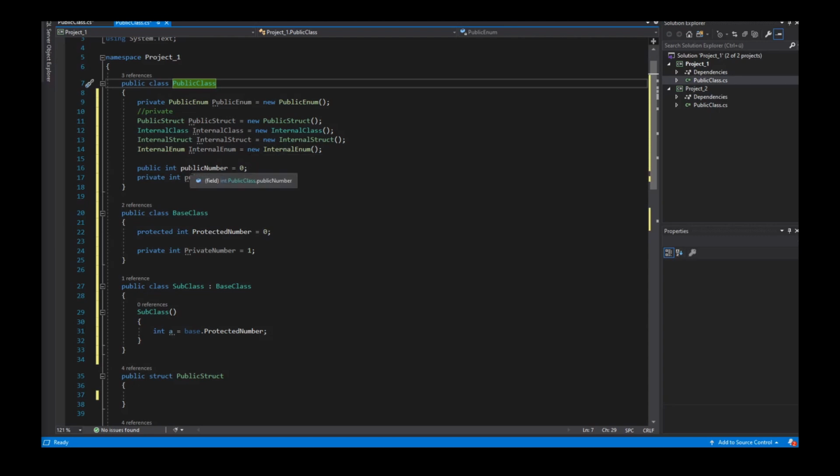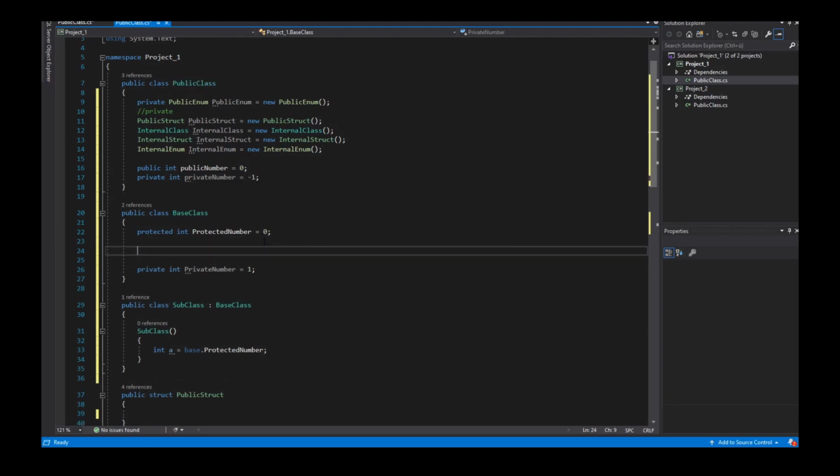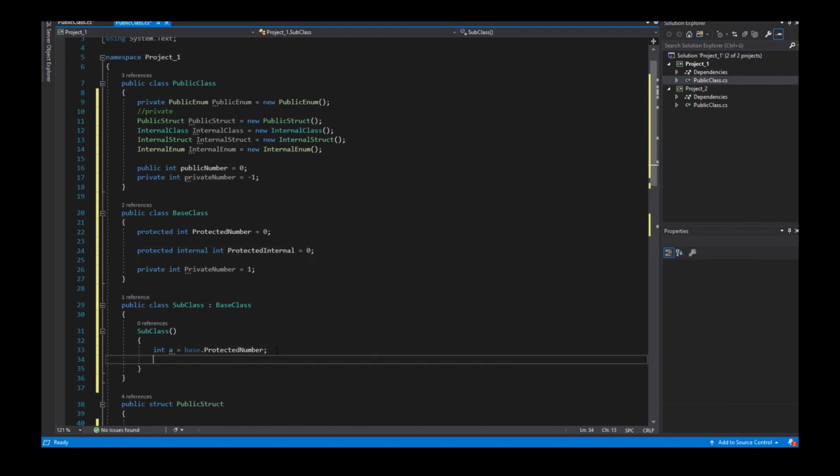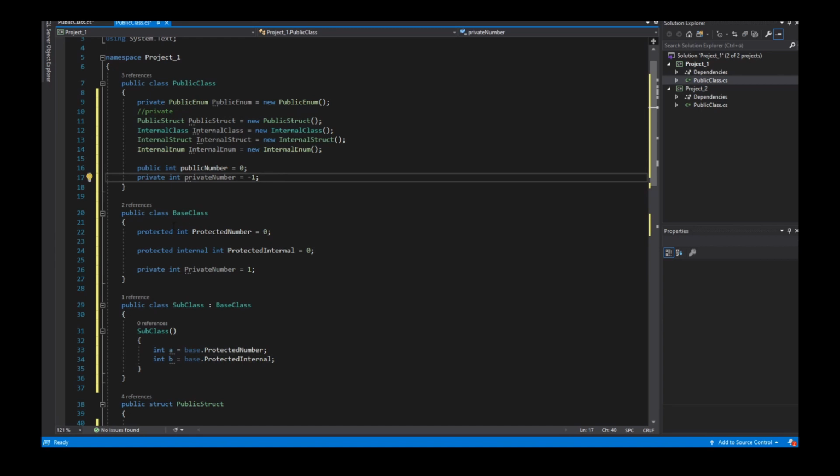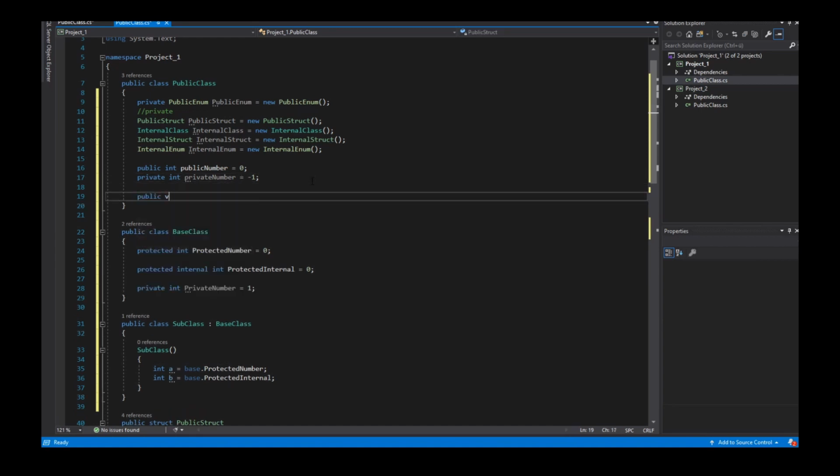The next access modifier is the protected internal modifier. This modifier is also available in the subclasses. Protected internal means in this assembly and in other assemblies. The only difference between protected and protected internal I must show in a method,